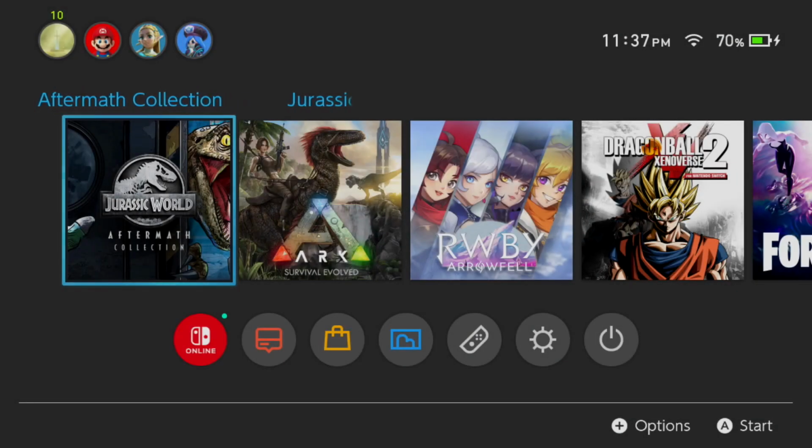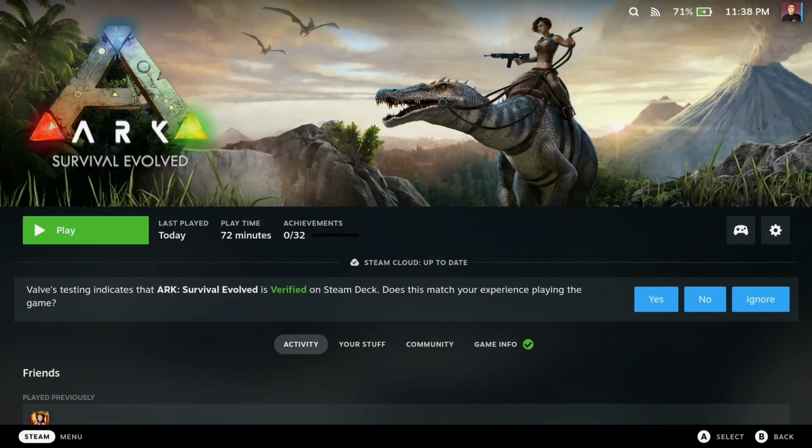The Switch port of ARK getting upgraded has pretty much turned November into Dinosaur Month for me. Across that, the Dinosaur Discovery game, and the Switch getting that Jurassic World Aftermath collection, I just couldn't stop there. So on this week's edition of the Steam Deck Performance Series, we are diving into this Steam version of ARK: Survival Evolved to see how it can compare and run the game on the go on the Steam Deck versus